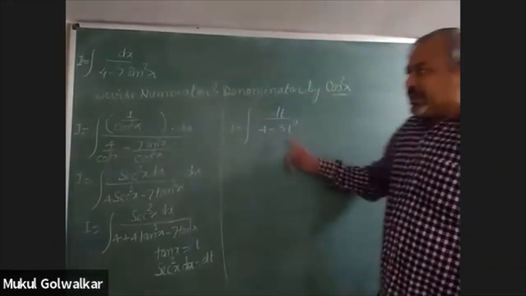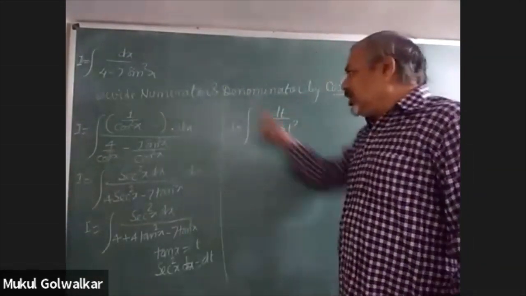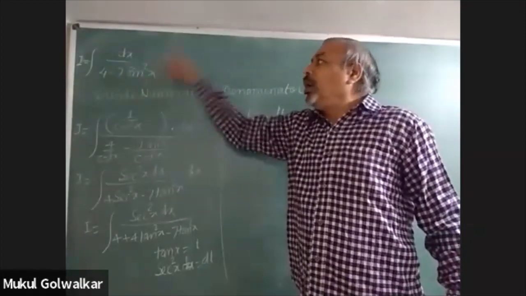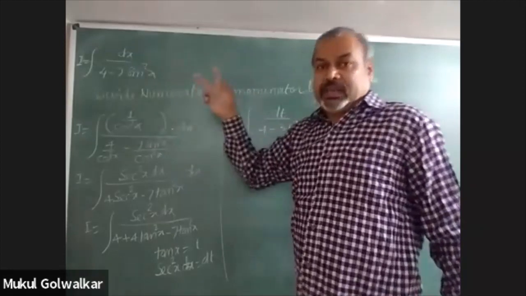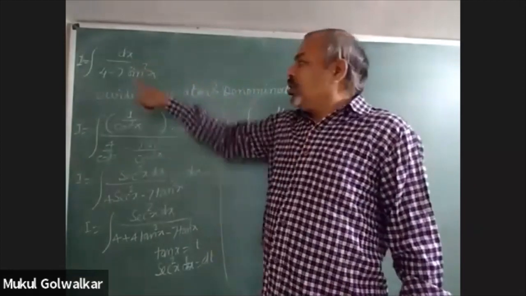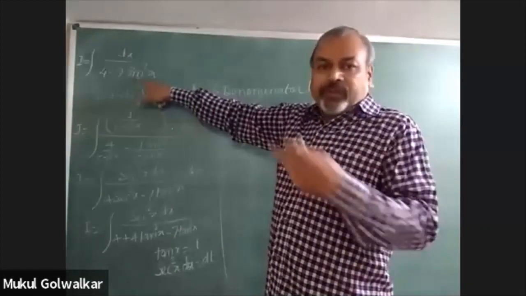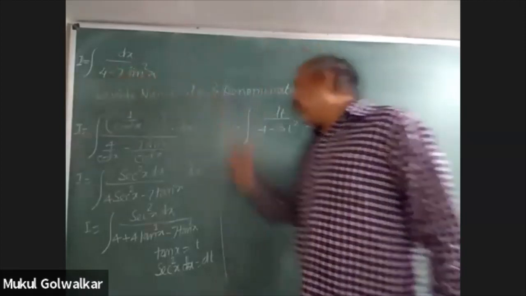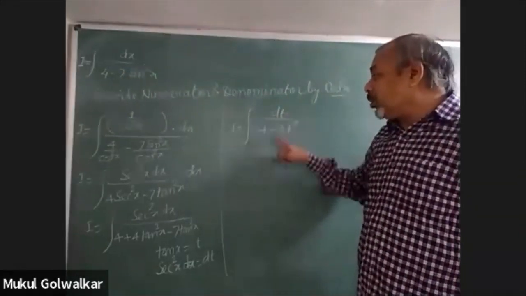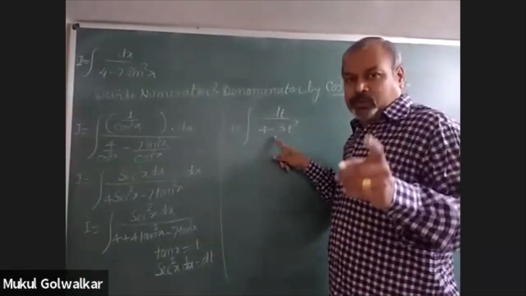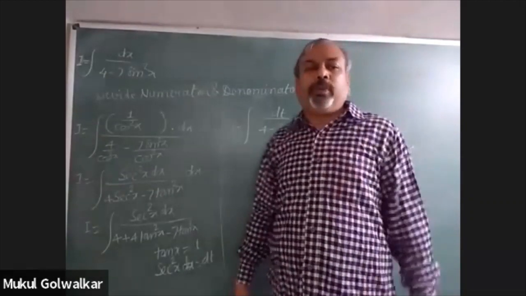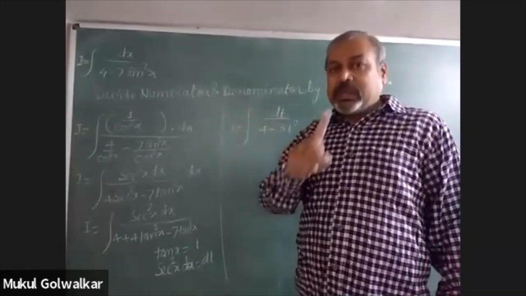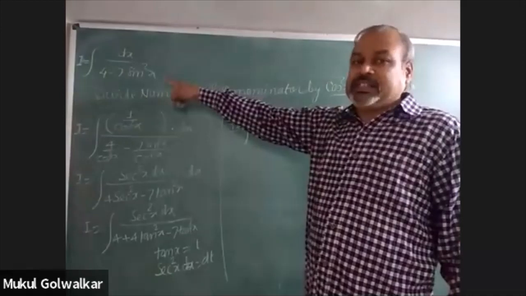Okay, and as I said, this first variety means dx upon a plus b sin square x or dx upon a plus b cos square x. That means exactly there are two terms: one is an even power of a trigonometric function and the other a constant. So this variety of question will ultimately be converted into the form of dx upon a pure quadratic. And when you have a pure quadratic, solving it further can be done by using the standard formula. Means solving this you will be taking less time.